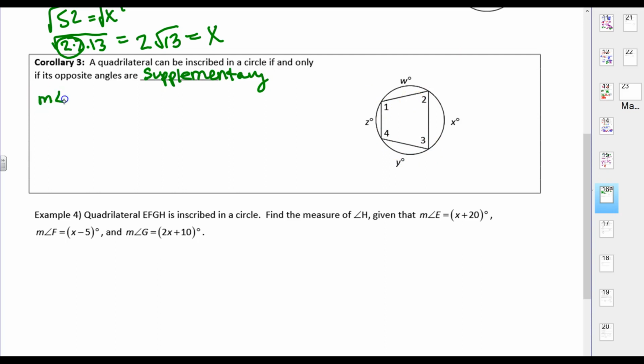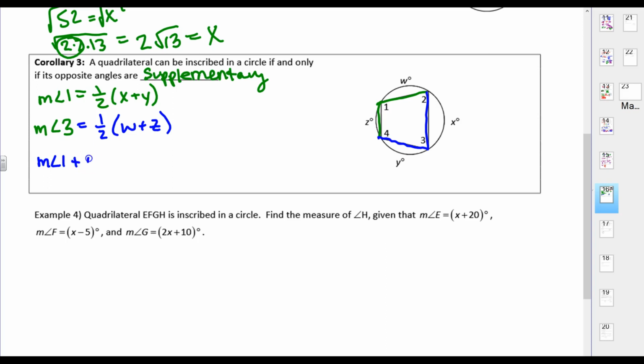If I look at the measure of angle 1 in this picture, angle 1 is intercepting an arc that is x plus y. So that's really equal to 1/2 of x plus y. And then the measure of angle 3, which is its opposite angle, right here, it's intercepting the arc z plus w. 1/2 w plus z. So when I think about adding angle 1 and angle 3 together, that's equal to 1/2 of x plus y plus 1/2 of w plus z,